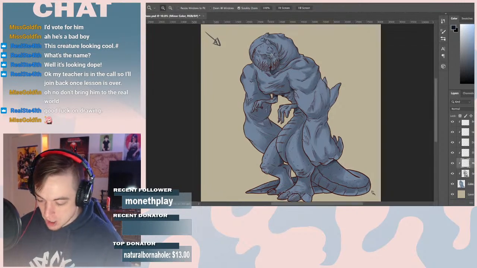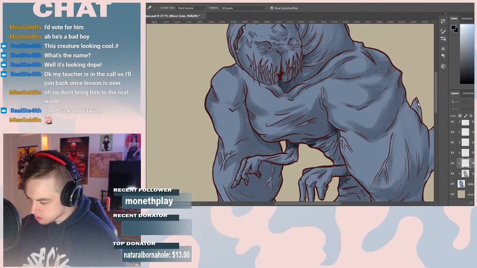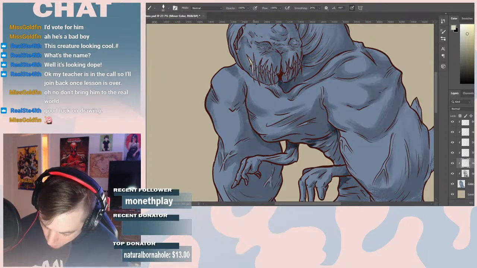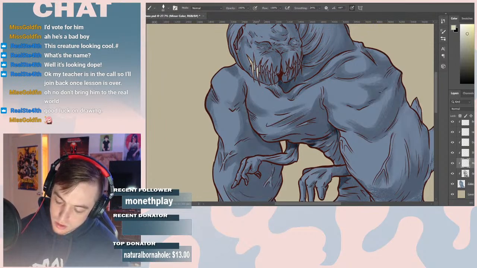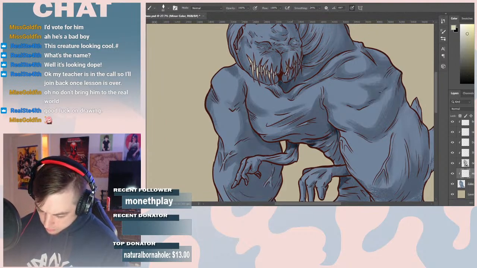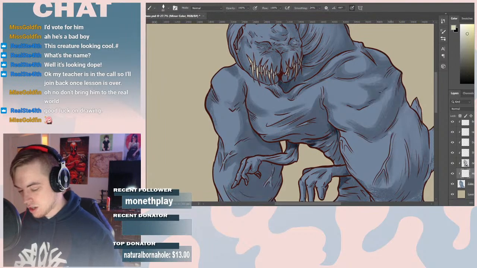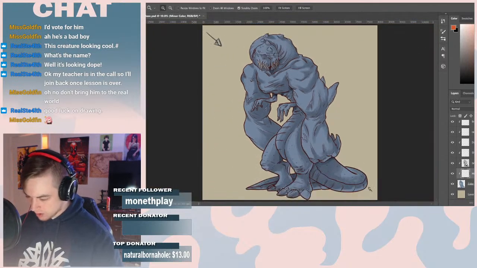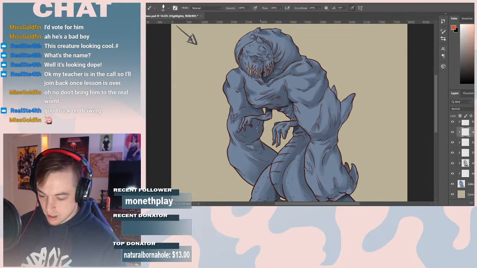Let's do some minor color real quick. Gonna do some yellowish teeth. Okay, alright, alright. We'll do some, let's go with highlights here. And let's get...